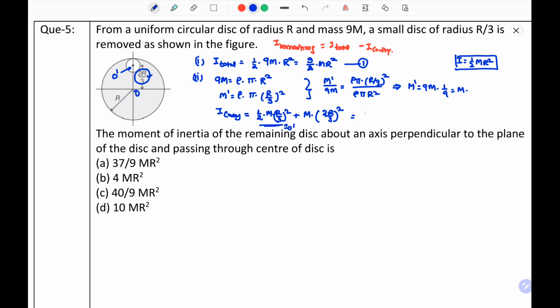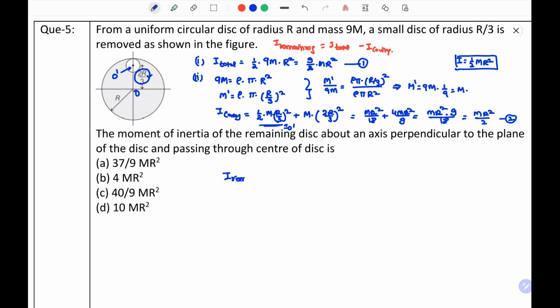So we will have mr square by 18 plus 4 mr square by 9. So this will give mr square by 18 into, and then it is 9. So it is equal to mr square by 2. This is our equation number 2. Therefore,